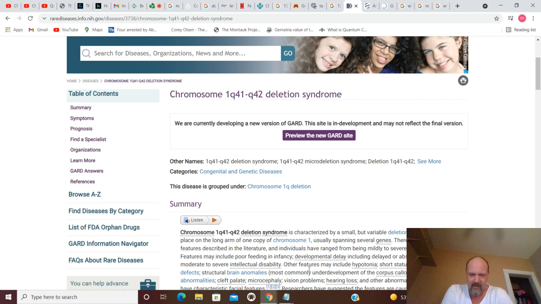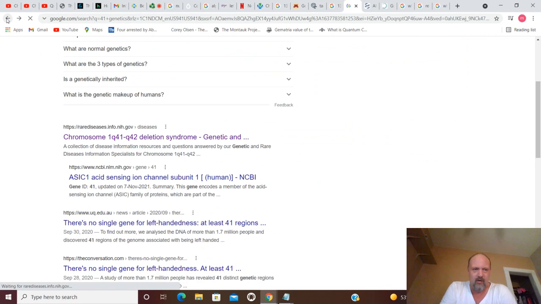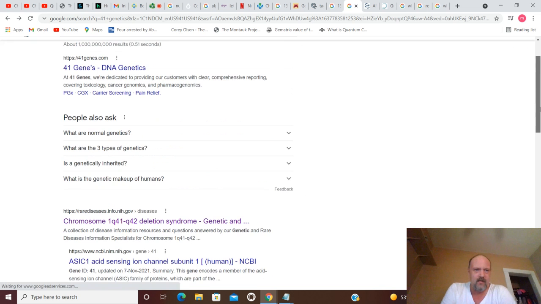Features may include poor feeding in infancy, developmental delay, including delayed or absent speech, and moderate to severe intellectual disability. Why would they be looking that up? Why would that be there? And whether you think it's a quantum computer or not, why would that be there? I wonder if this is the one then that we could